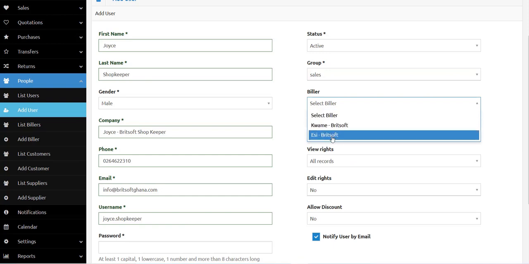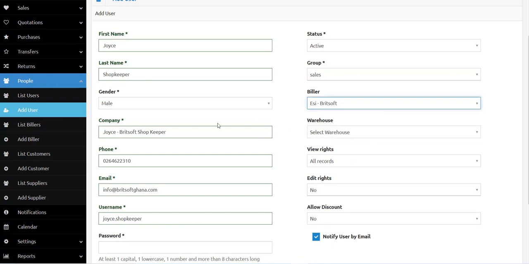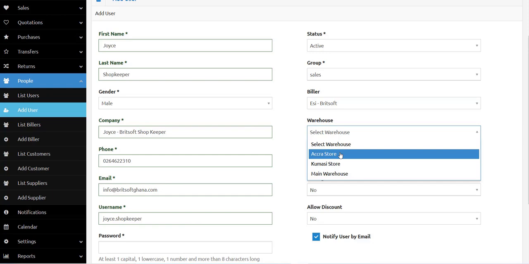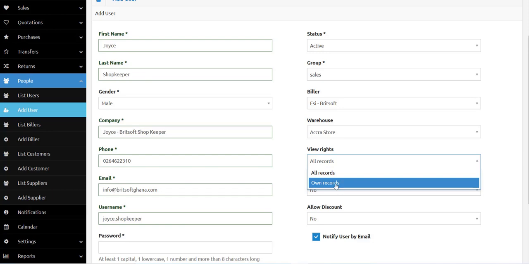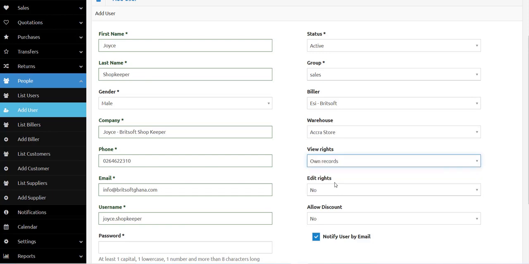So let's say in this case it's AC, I think, and then you select where they'll be entering the sales from. So every shopkeeper is assigned to a particular store or shop, and then they can't enter sales for any other shop apart from the one that you assign them to. So in this case we are assigning them to Accra store, and then whether they can view all records or their own records, it's good to use own records so that they can only view what they have done and